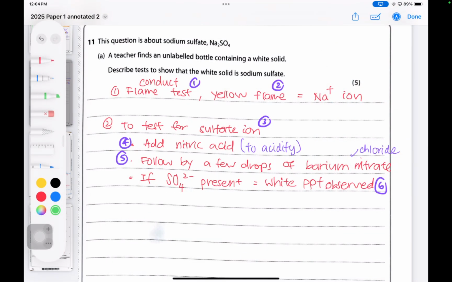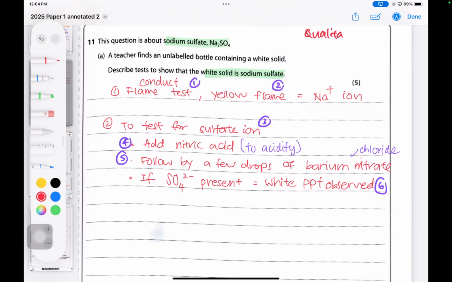So let's understand the context of the question first. We have got a substance, sodium sulfate, and this teacher found unlabeled water containing this white solid. She just wants to confirm that this white solid is sodium sulfate. So when it comes to qualitative analysis,